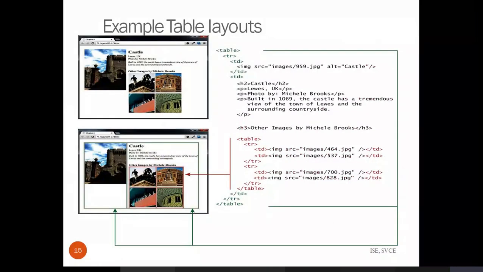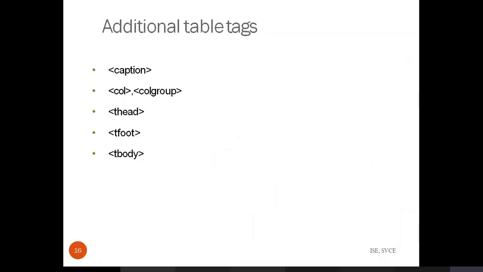You can just observe the diagram here, how you can create layouts for images using a table. Using a table, you can put whatever image you want. Normally you will use the image tag, and the same image tag you specify within the table tags, where you are specifying the row and also the cell. So you give the complete information of the image tag there. It is going to represent the images in table format. So you can use tables to represent images also.